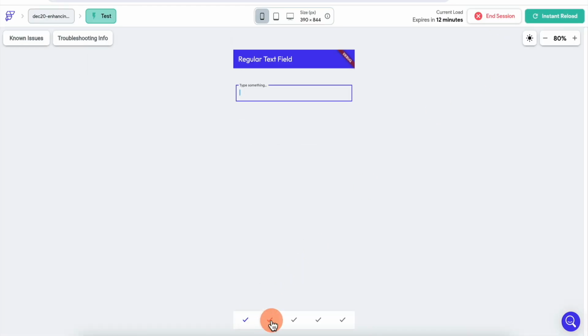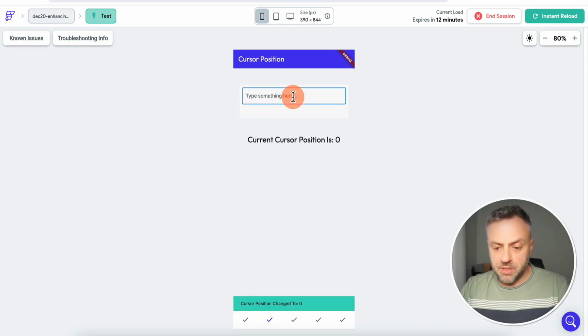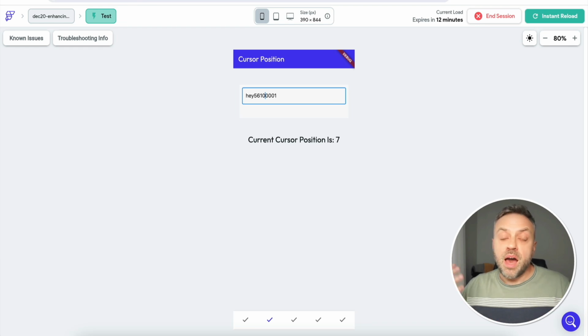All right, so here's our app. Let's go ahead to the second screen. All right, this is our page. Now, if I type something, it just said it, "Hey, cursor position changed to 3." Okay, it's a little too fast. To 4, to 7. You see that? And it cancels the previous dialog box, which is exactly what we want, to 11. Now, if I move the cursor to 0, to 1, to 2,